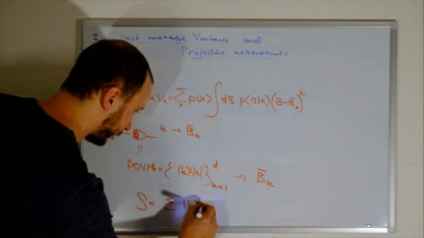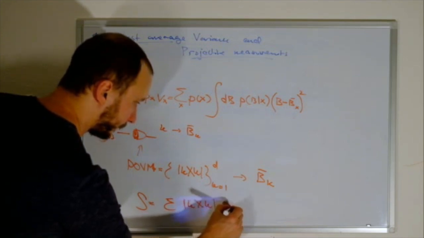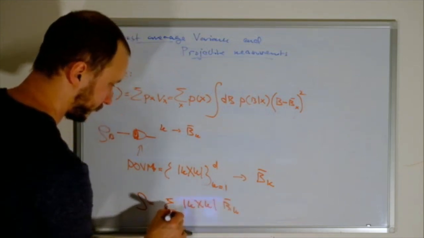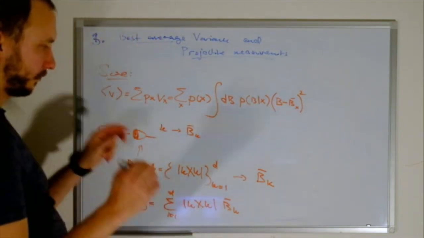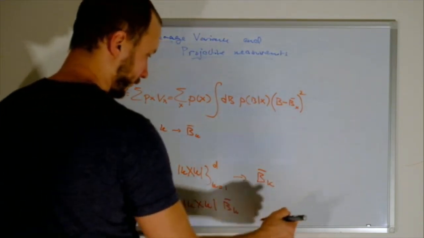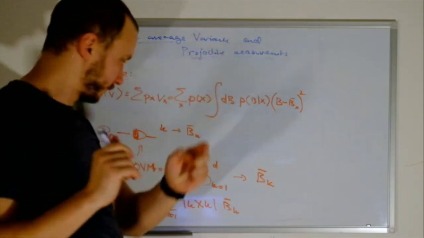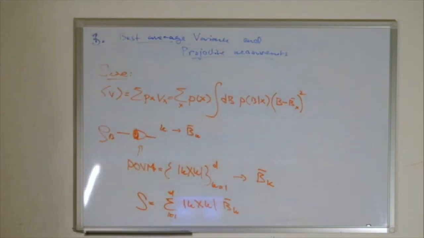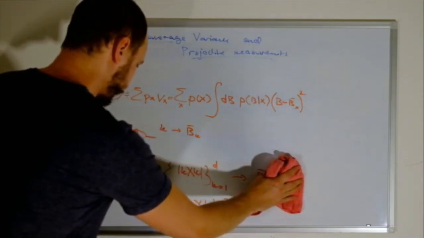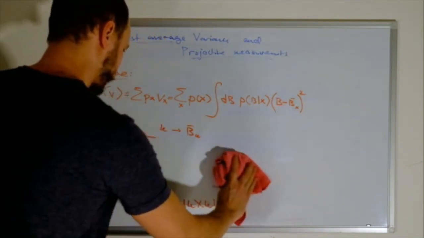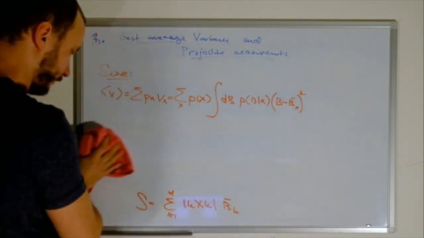So this is the sum over k of bk, 1 to d. So if you write it in this basis in which the PVM is diagonal, it's really just the bk values on the diagonal of the matrix. Alright, and now with this S operator, which for the moment is arbitrary,